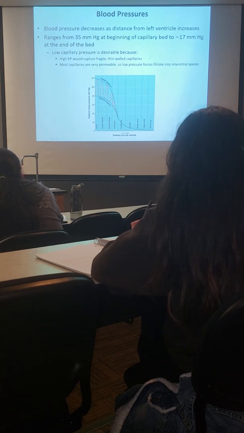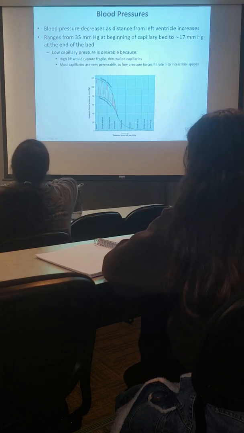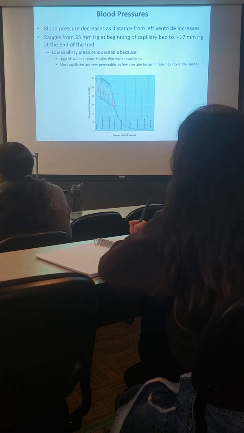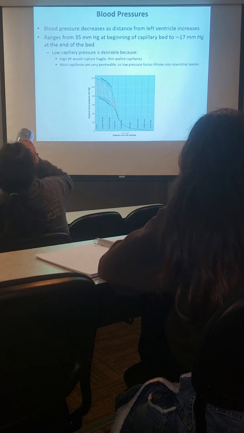It's almost insignificant pressure in this system right here. Okay, so the reason that we want this pressure to drop is A, we're moving further and further away from the heart. But second of all, A and B,